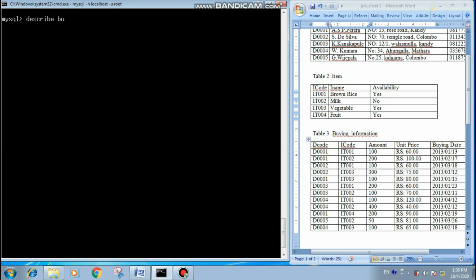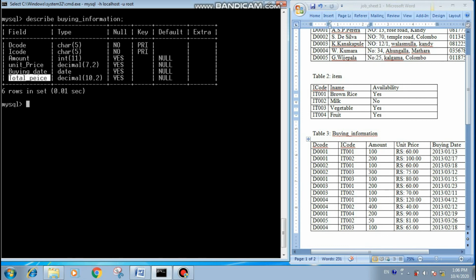You can see the buying information table contains unit price. That column doesn't have any data. Then we can use the previous method, but there is some other easy way. I am going to use the insert keyword, insert into table name.